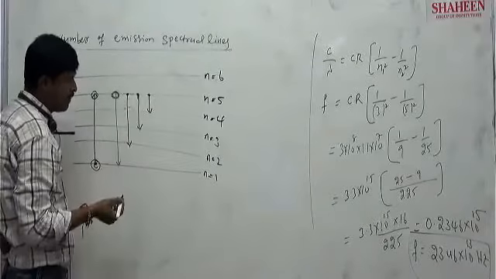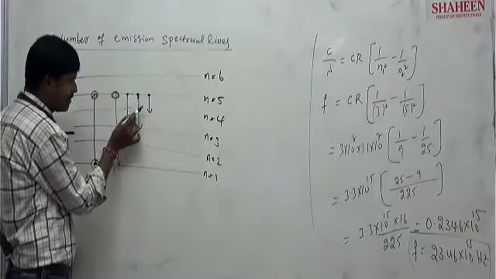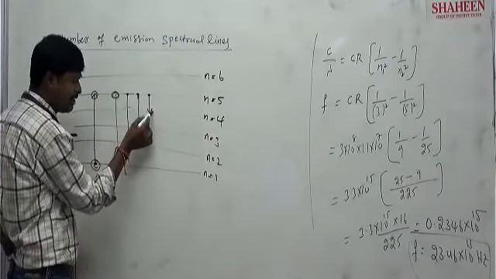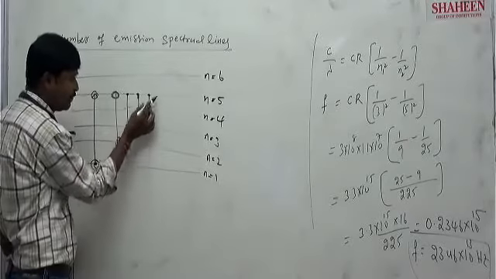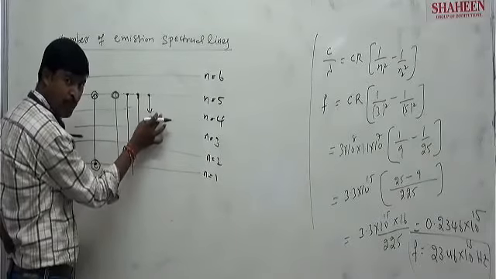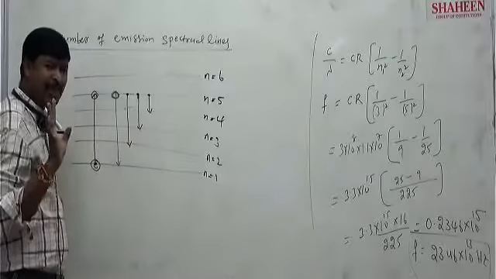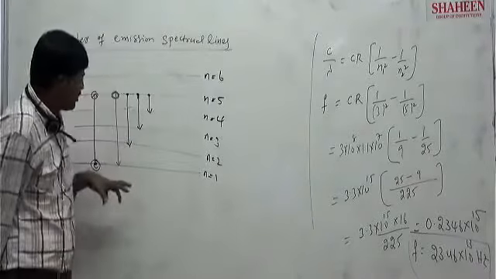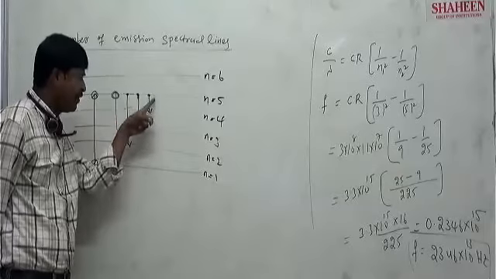Next possibility is what? When the electron comes to this state, in this category, you see, in 5 to 4 it came. But the electron is always trying to attain stability. So when the electron jumped from 5 to 4, it just tried